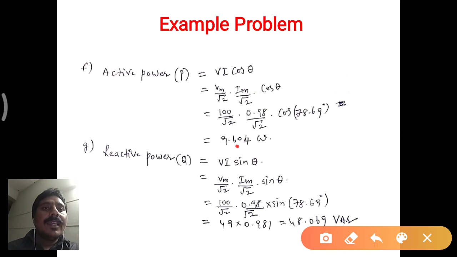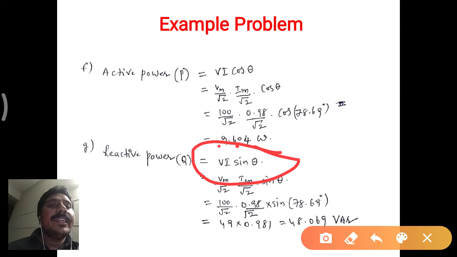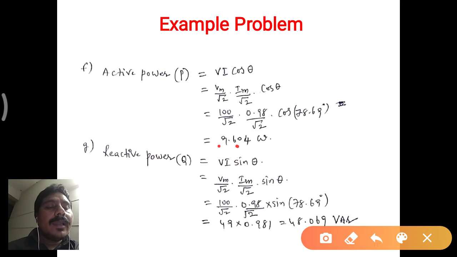So finally, the active power is equal to 9.60 watts. The unit for this one is watt. Similarly, I am calculating reactive power. Reactive power is nothing but VI sin theta. Here V and I are the RMS values, and we calculate sin theta. Finally, we take the product of these values and the sine of the theta value, so that we get